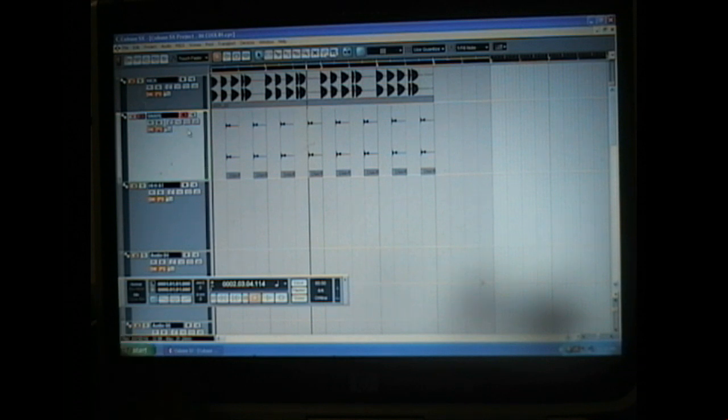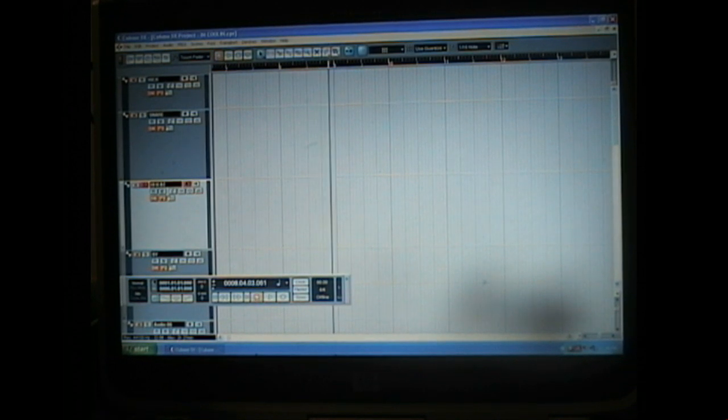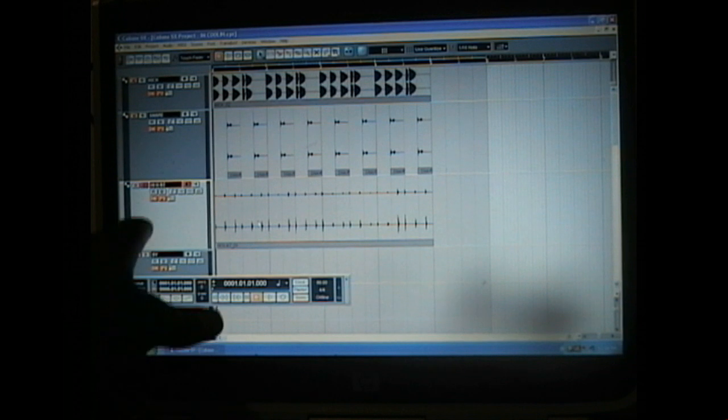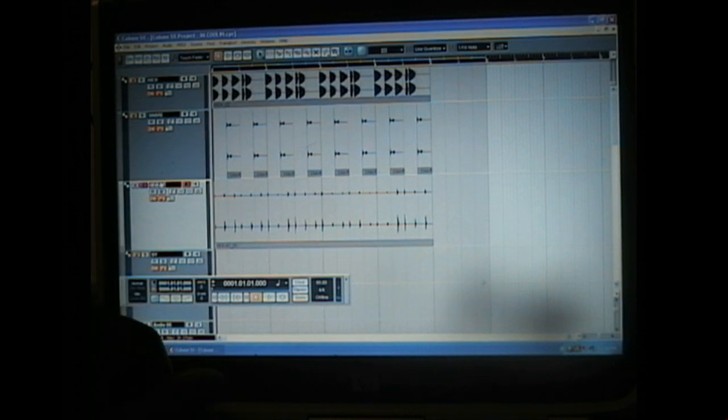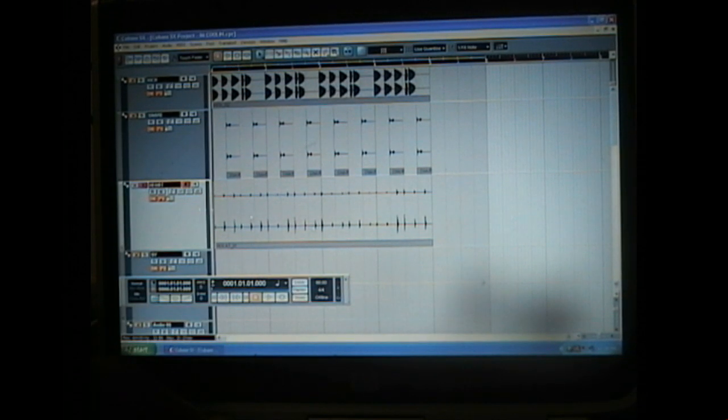Okay, so you got your kick and the snare. Let me work on the hi-hat. Okay, so I got the hi-hat recorded, and let me show you guys what that looks like. This is the hi-hat on track number 3. I actually spelled that wrong. Hi-hat. So that'll be the hi-hat. Alright,